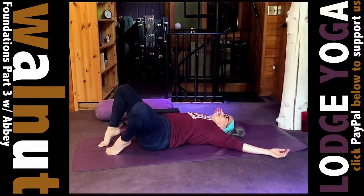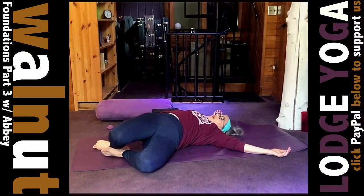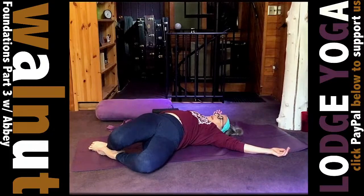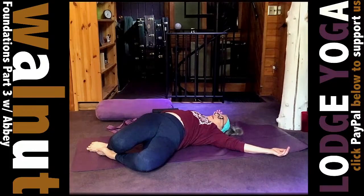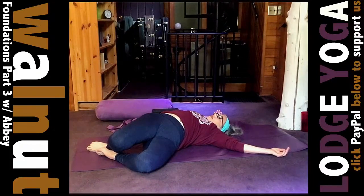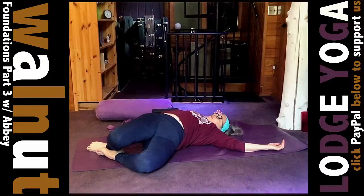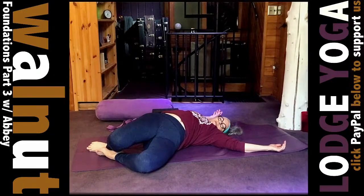So pull your heels in, drop your left leg to the side, drop the right leg on top of it, and then take that top leg, that right leg, we're going to pull the knee down towards the ankle or the floor, pull it with the inner thigh, feel that hip stretch, let it go, pull it again, just little pulses,